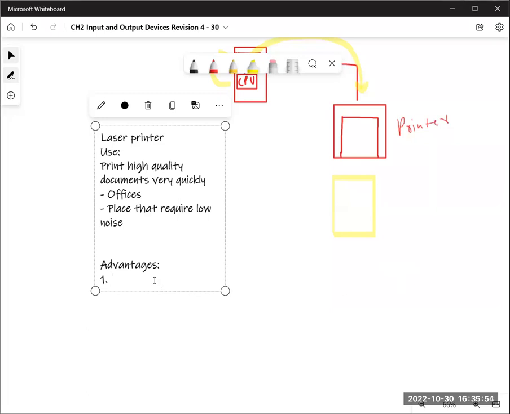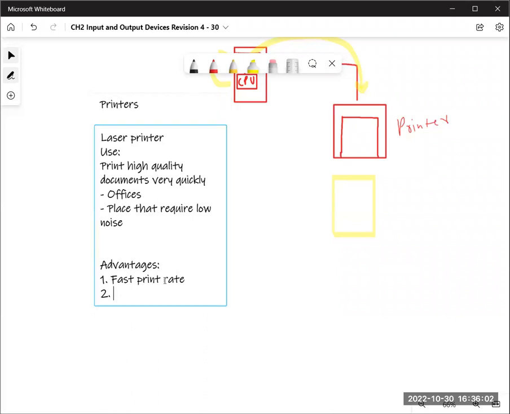Rana, are you writing? Yes, I'm writing. Print large, let's say,